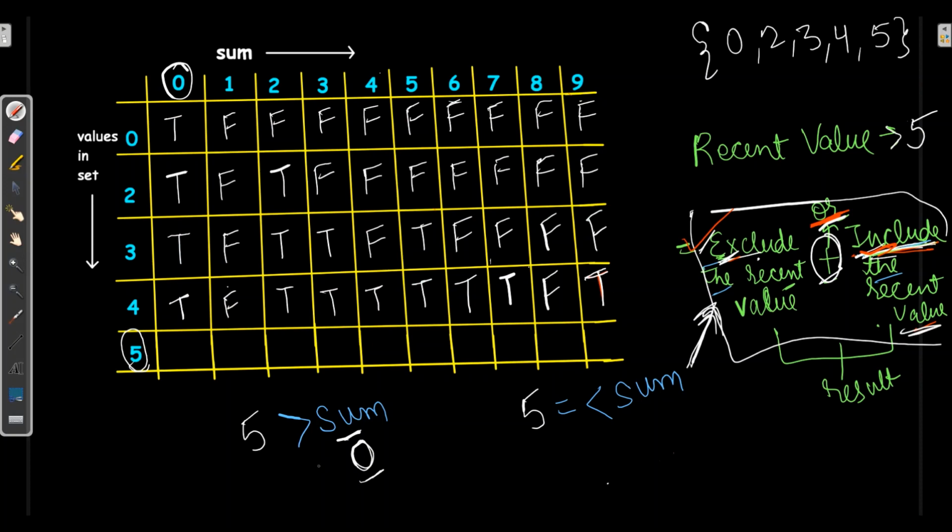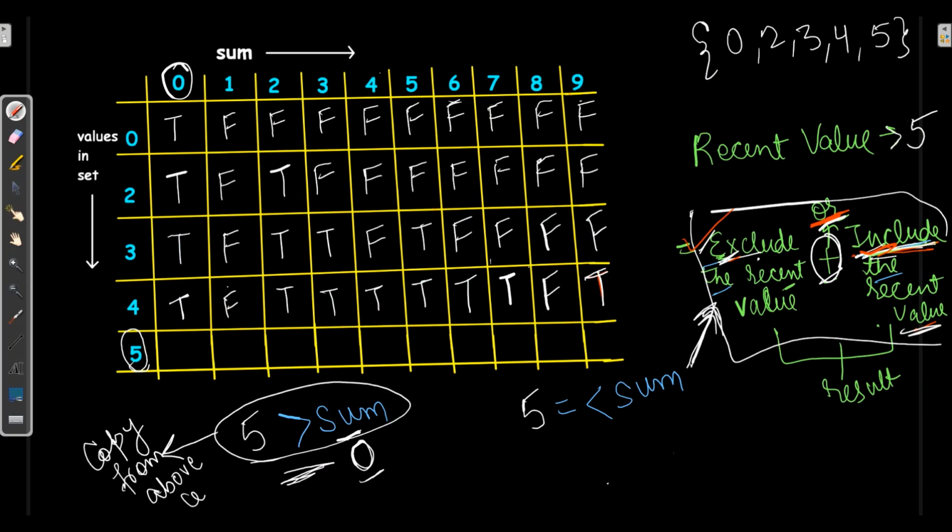So what I'll do, I'll just copy from above cell till it gets equal to sum. 5 is greater than 1, so here also I will copy from above. 5 is greater than 2, 3, and 4, so I will copy from above each time. Now I got 5 equal to 5.